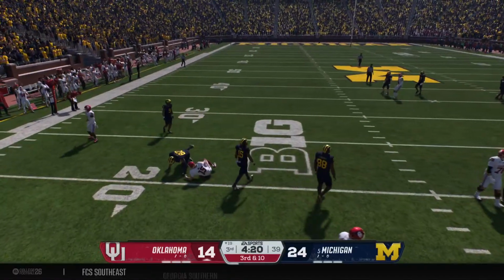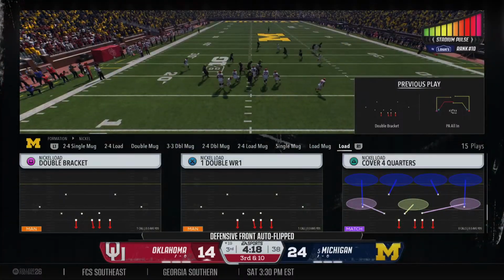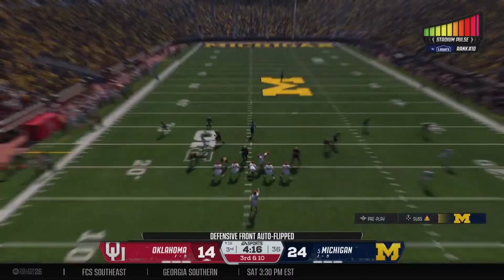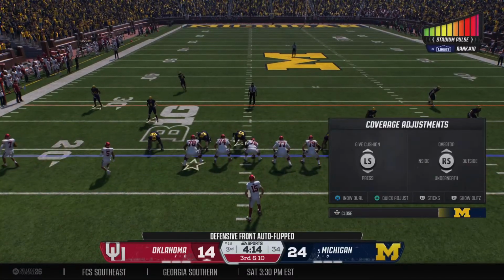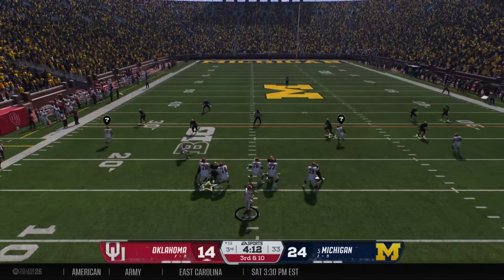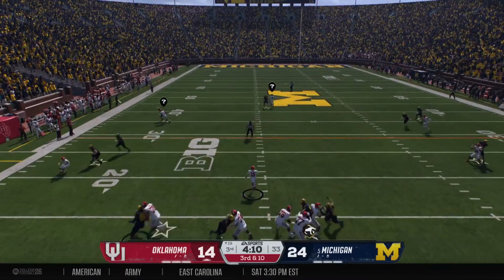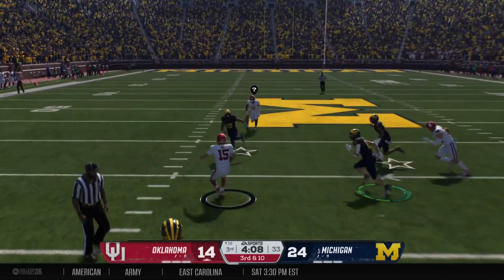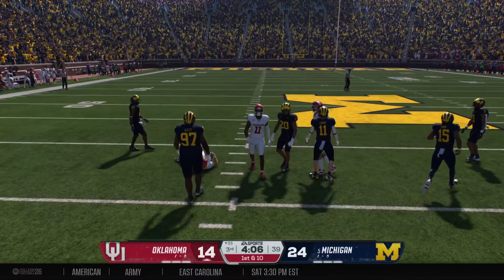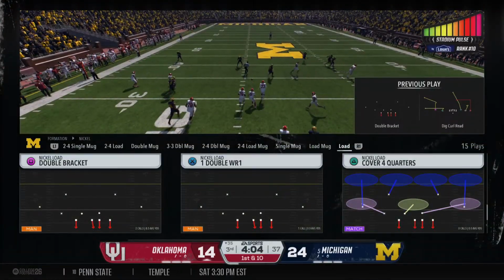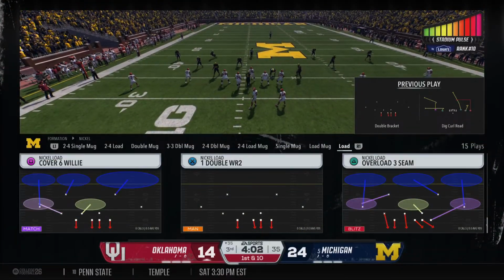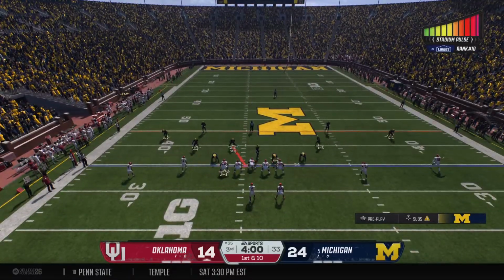QB under pressure, tries to scramble out, gets sacked, 3rd and 10. Get him before he gets started. The last two runs went headlong into a brick wall. Now 3rd and 10. Dances away. QB running, come on guys. Can't let him do that. What is going on? Gets down to avoid contact. The Sooners come to the line with a new set of downs.